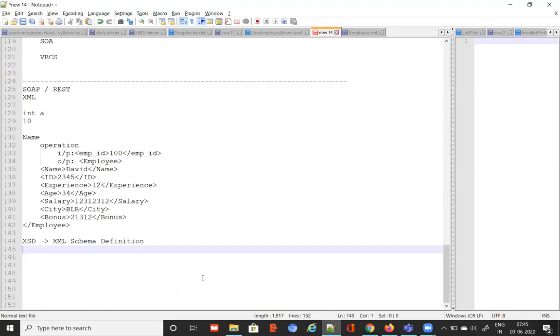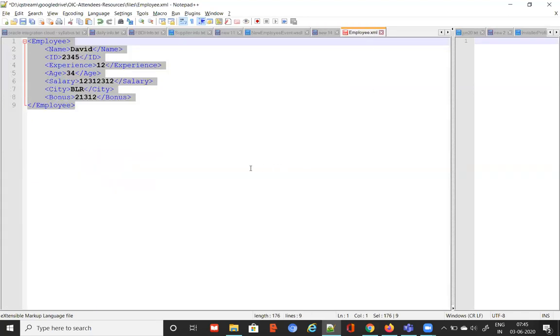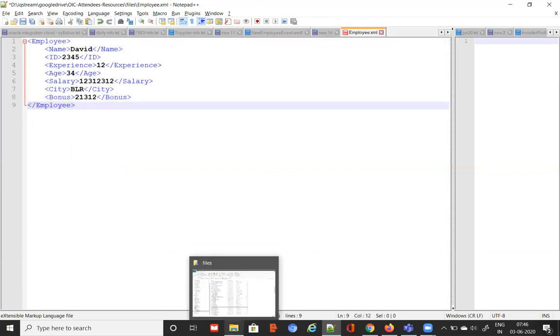Any quick questions on XML? I mean, it's nothing to explain here. Actually, it's pretty straightforward. XML is clear, Bhaskar. What is that you are telling, that input and output type, and we have to use XSD for that? Can you please clarify? No, I'll be explaining that, but you understand about XML, right? XML is pretty straightforward. I can show one more XML. I'll be talking about XSD and how we use it.